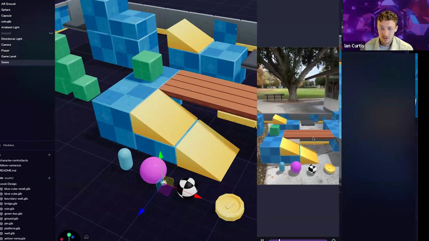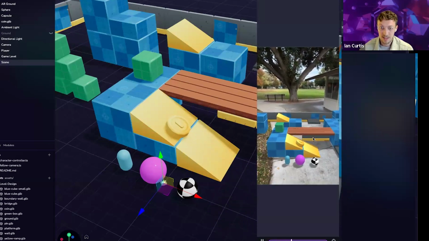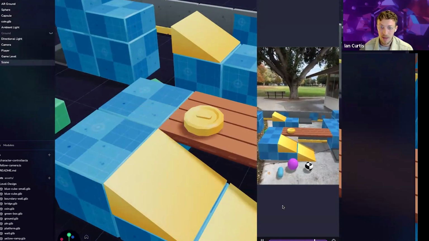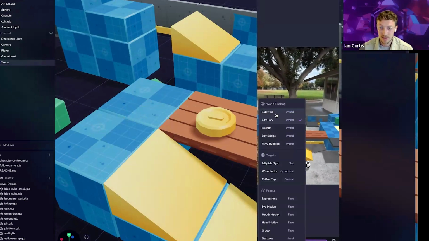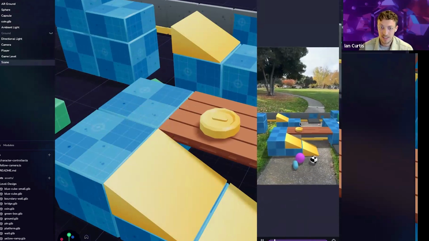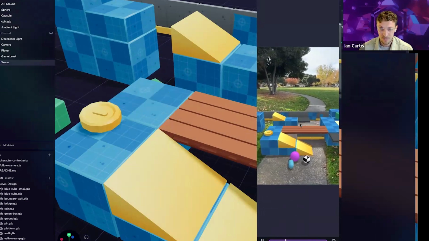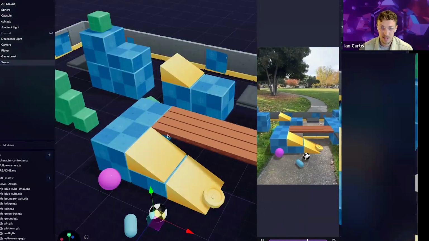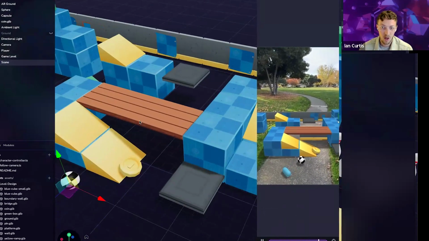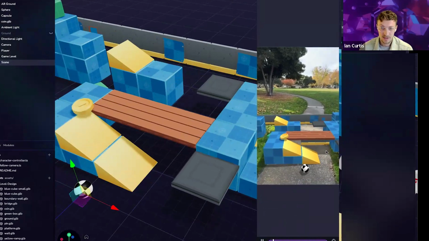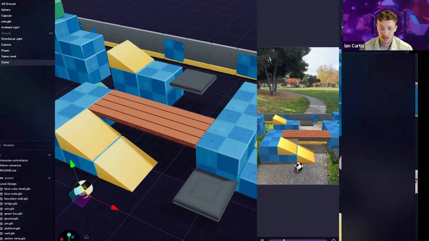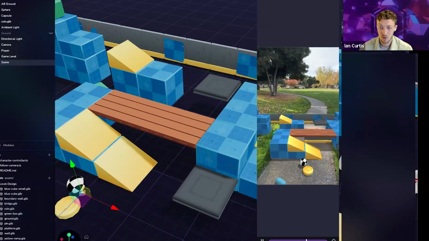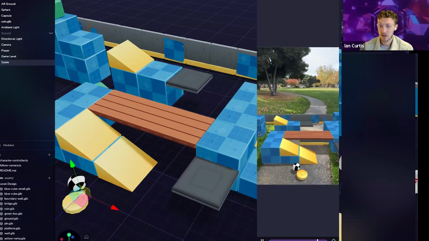There we go. Cool. So now we have this whole game running in a city park, and I can interact with it. You can see it live updating on the left, and then I can also change to different simulations. So maybe I want this sidewalk world tracking experience to see how it would run there. This is all running live in the simulator in the visual editor as well, and I'm able to test, move around, jump this coin around, and the ability to build and test is so much quicker than it has been in the past, where you're having to save,